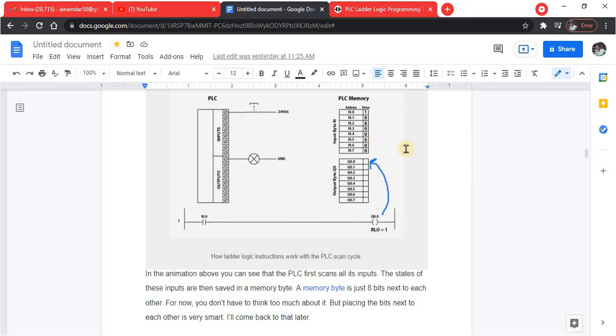the output memory bit as a condition. So this will therefore be evaluated as true or 1. Since the output is still active, as long as the memory bit is 1, the output will be activated. It acts as a condition itself.